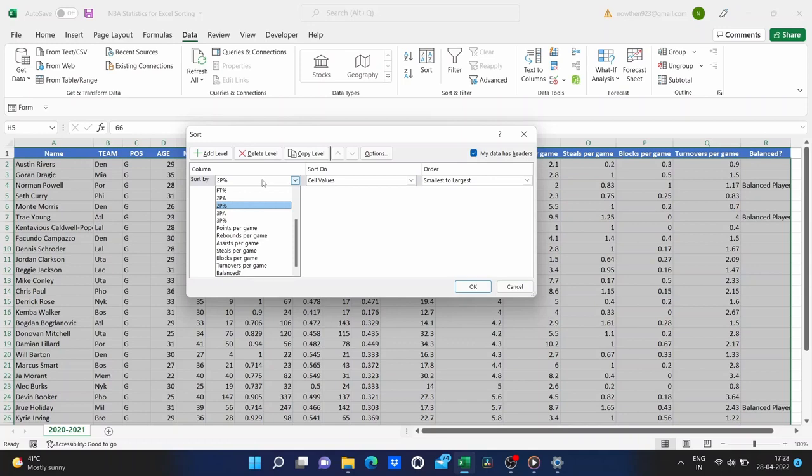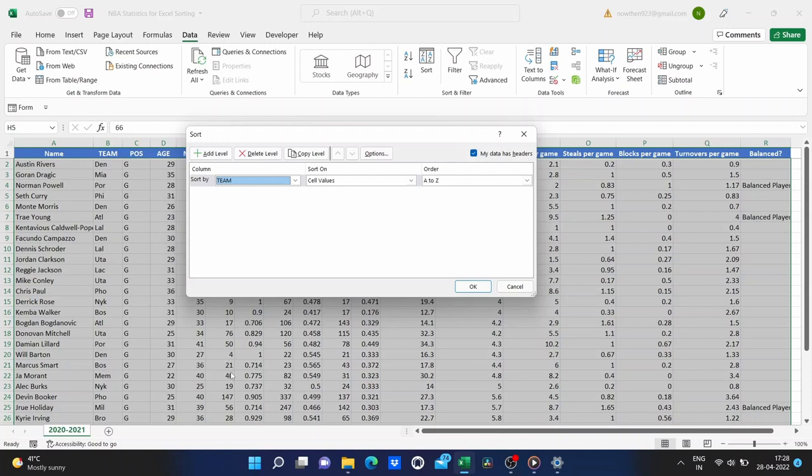Now, based on the cell that I had selected, Excel thinks that I want to sort based on 2-point percentage. But I can definitely change that. So, I'll click here, and I'll switch it to team. So, my first level of sorting is going to be just based on the team name. Yes, I want to sort based on the cell values, the information that's in each cell in that column.